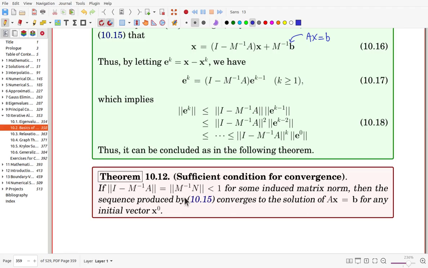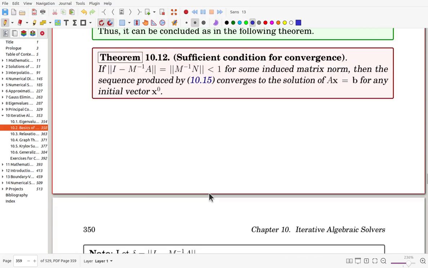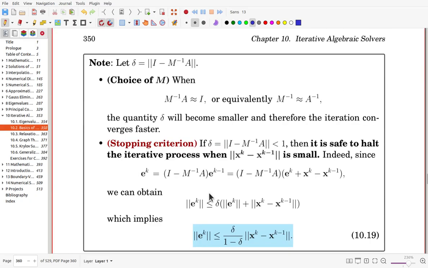So that is a sufficient condition. That means that with some other condition it can also converge, although the norm is larger than or equal to 1. Now, before stating the equivalent condition for convergence, let's consider this note. We give the name delta to the norm of the iteration matrix. Now, when we try to choose M,